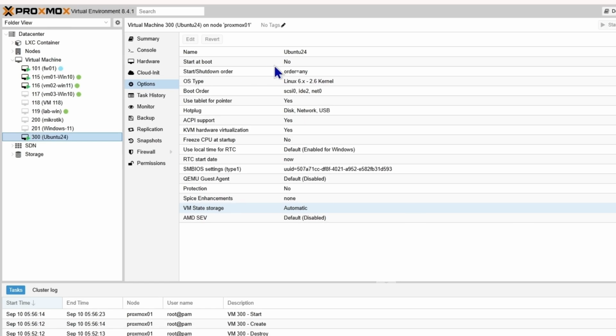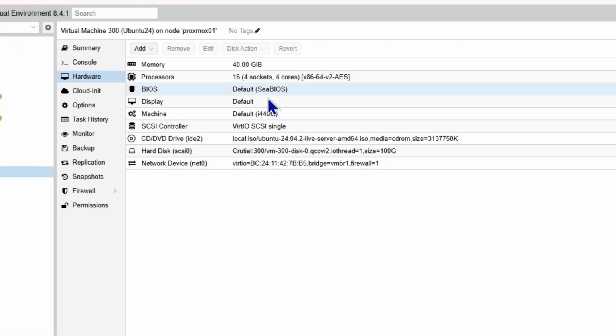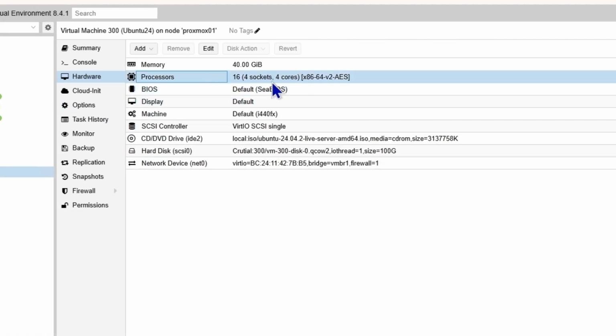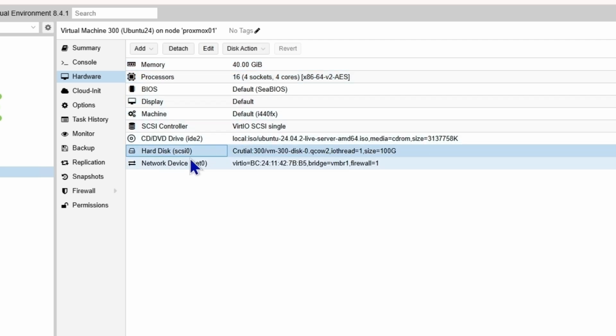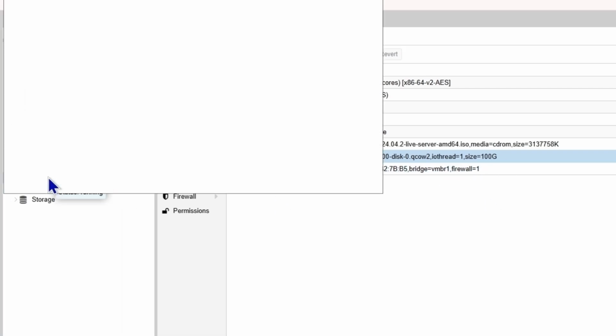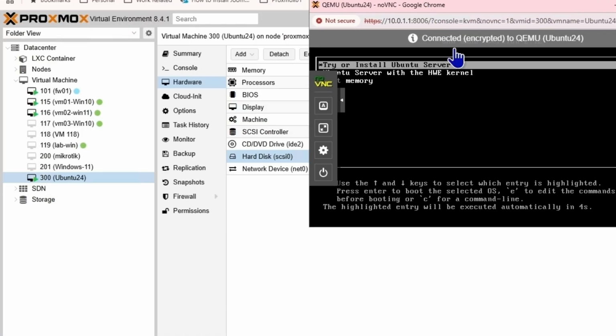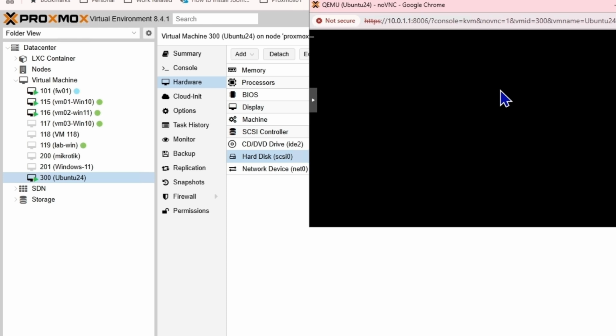All right, so the VM is created and let me show you the hardware stuff, what I have added. So it has 16 cores, 40 GB memory, and then 100 GB of disk space. Yeah, it's 100 GB. Let's power this machine on and start the installation process. So I'll just fast forward everything,